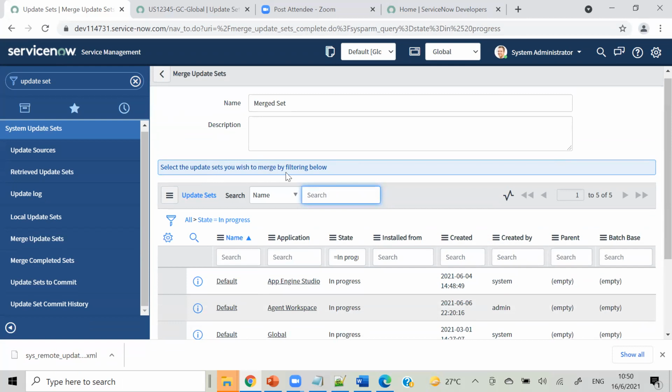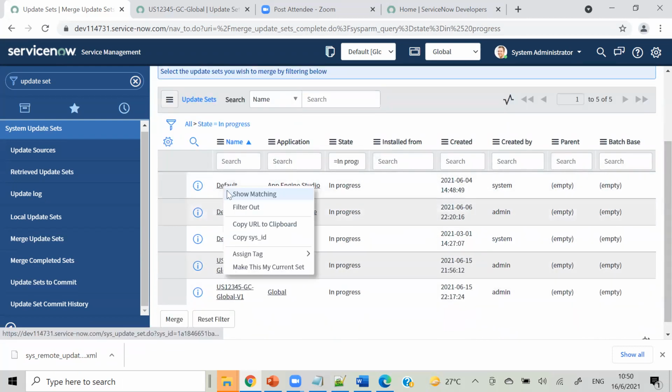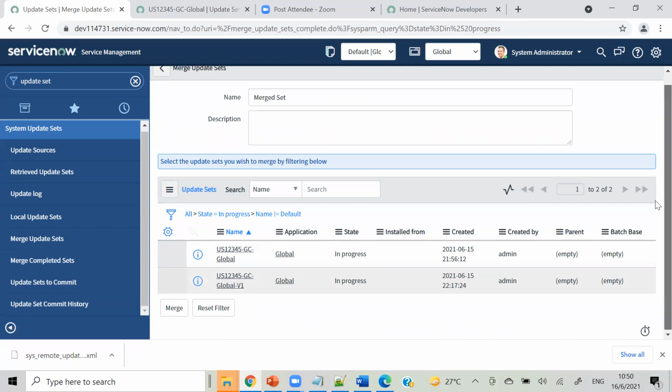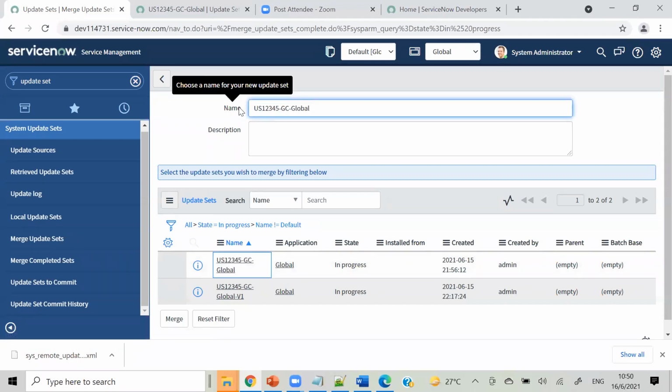Select the update set you wish to filter below. I am removing this default one, so I have only these two update sets here. I'm giving some name, giving it as merge, and then I am clicking on this merge.